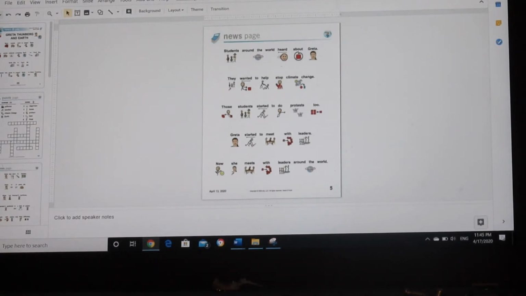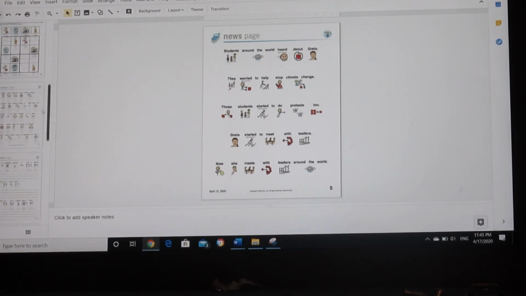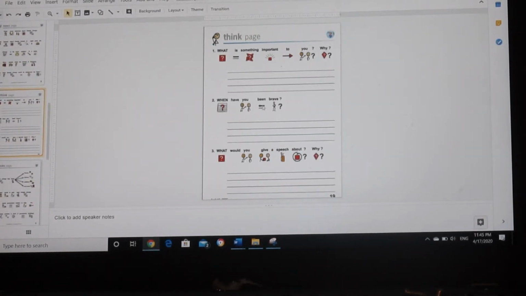So let's start with the easiest one. The easiest way to make a text box and make this interactive is on a page like this Think page. Really easy. Right now no one can manipulate this. It's kind of stuck on there. The students wouldn't be able to write. There's a really easy way to make a text box. The text box is right here, the letter T. Click that, and just like the snipping tool, it's going to allow you